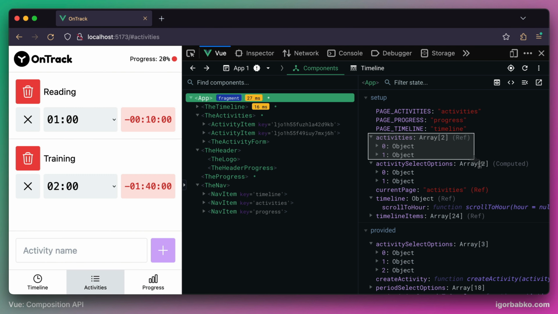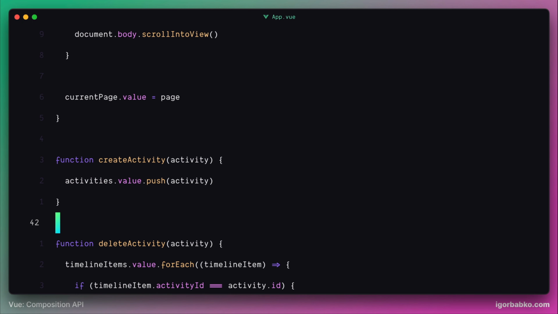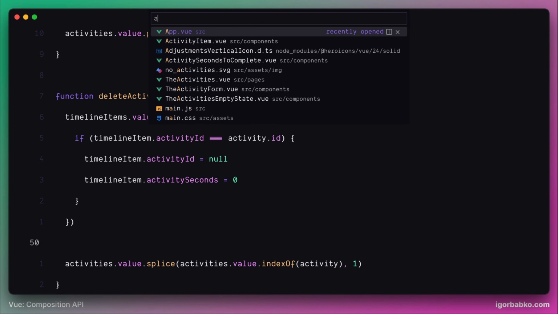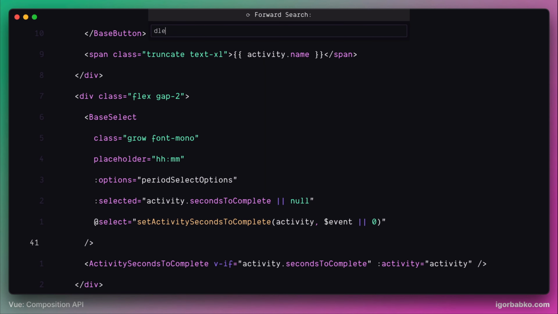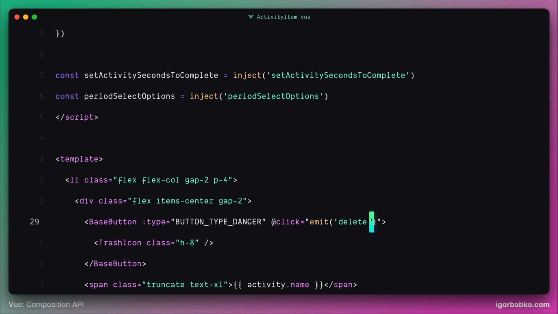So right now we're also going to follow the same approach and use function provide to make delete activity function available to descending components. So this function can be called directly from within ActivityItem component whenever we want to remove a particular activity. So let's take a look at the function definition, delete activity, inside of the app component. And this is the function we're about to call whenever we're gonna click on the delete activity button inside of the ActivityItem component. So in here where we listen to click event, we need to trigger that function, so this